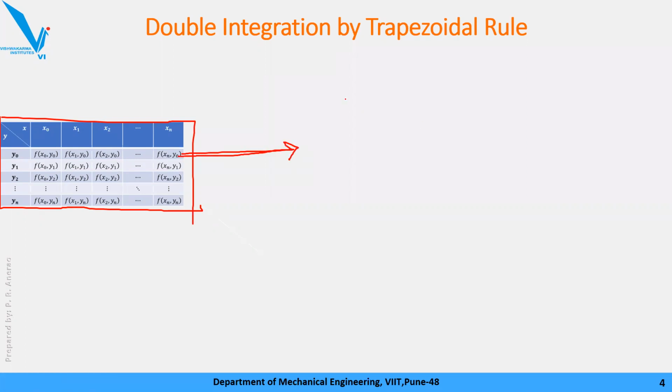Okay, and then we are going to apply the trapezoidal rule to calculate the integration. Now this integration is calculated only for various values of x, but by keeping y constant. So that means for row number 1, our actual function is f of x_i comma y0. So y0 is constant, x is changing. For this we are going to calculate the area.